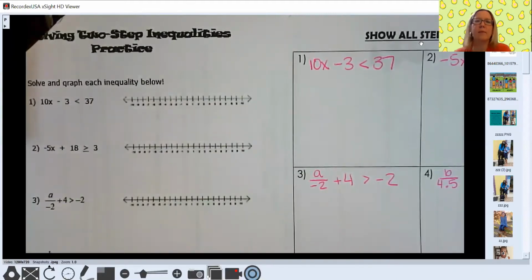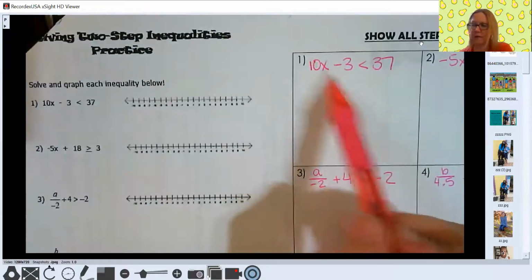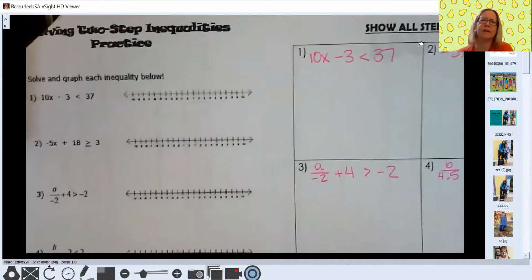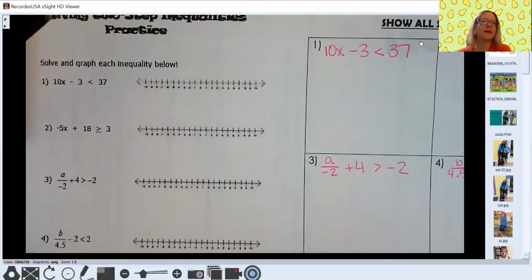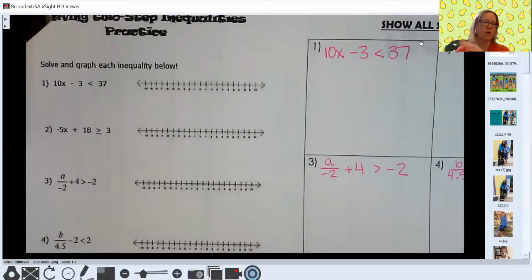So looking at problem number 1, we're solving for the solution set. We're solving for x. Actually, before I look at that, let me step back for a sec and take a look at which inequalities we're going to have to reverse the symbol for. Remember, that's only if we multiply or divide both sides by a negative. Another way to look at it is that the negative has to start on the same side as the variable